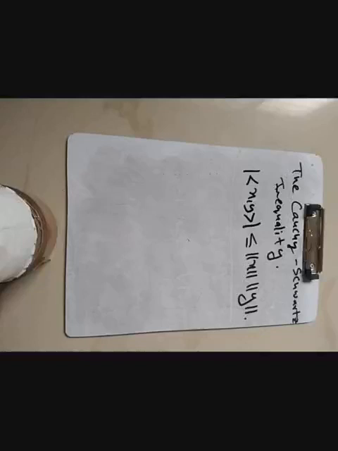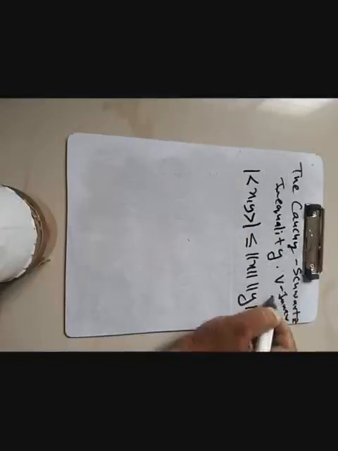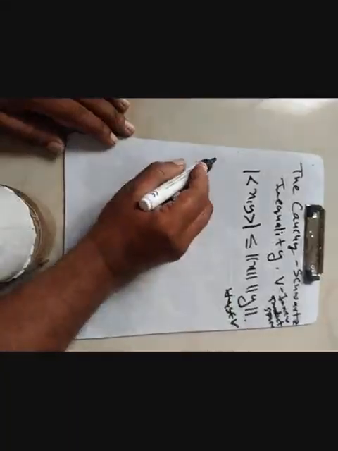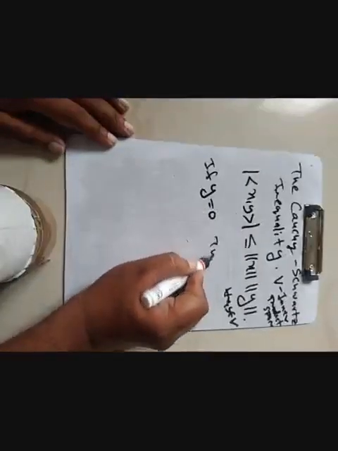So this is what we are trying to prove. V is given to be an inner product space over the field F. Then this is true for all x and y belonging to V. The point is that if y is equal to 0, then what one can see easily is